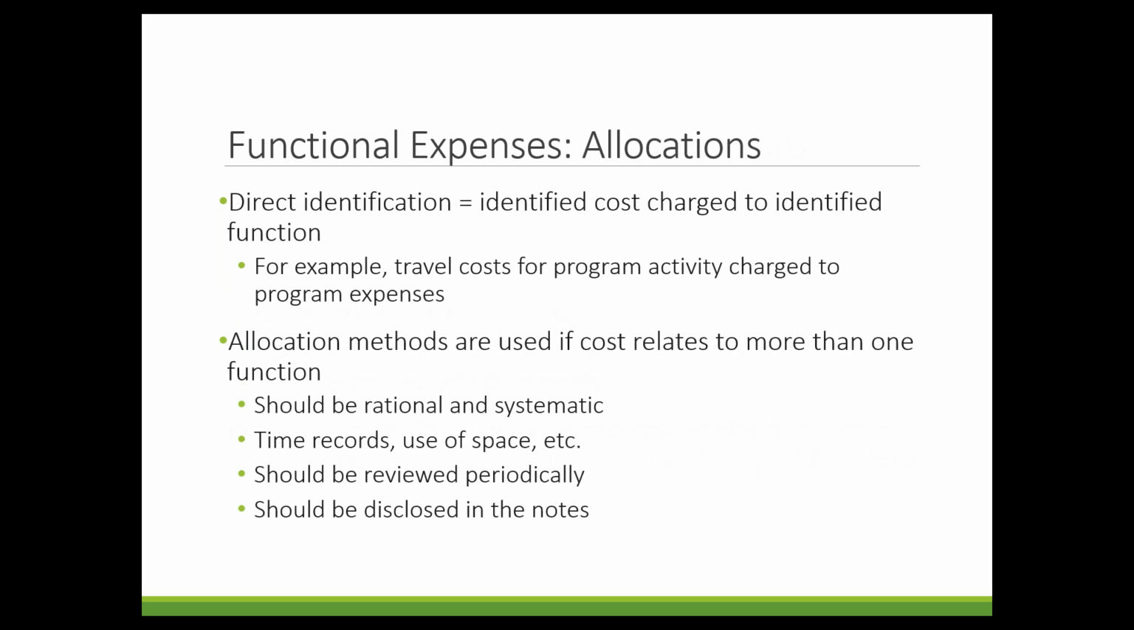And so how are allocations disclosed? Well, it's either directly identified, a cost that can be directly identified and charged to a program. For example, if you need to drive to complete your program activities, that would be a direct cost, or it can be allocated. And your allocation method should be rational and systematic, whether that's time records, percentage of use, or space. It needs to be disclosed in the notes, and really important, it needs to be reviewed periodically,